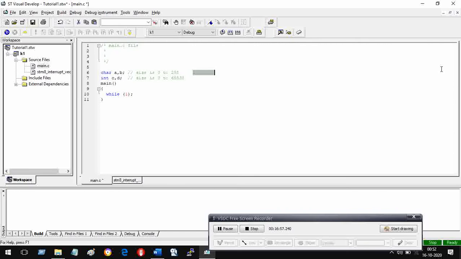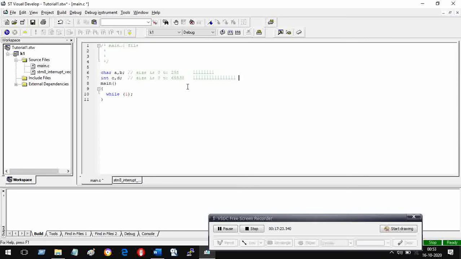Copy, and here I write this and this. So it has 16 bits here and 8 bits here, right? So if you make all these ones, then it becomes 65,535.